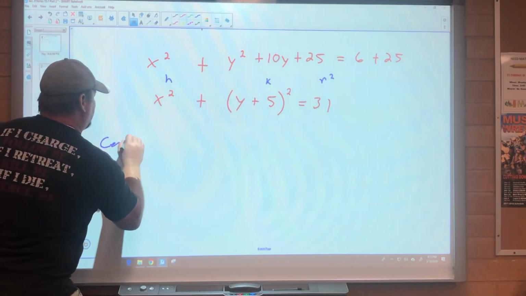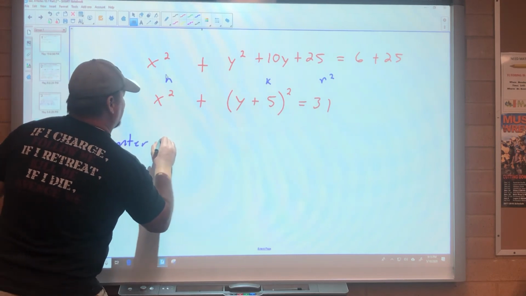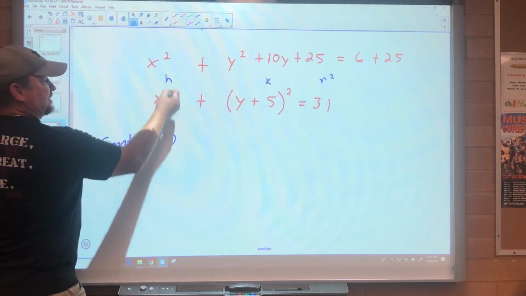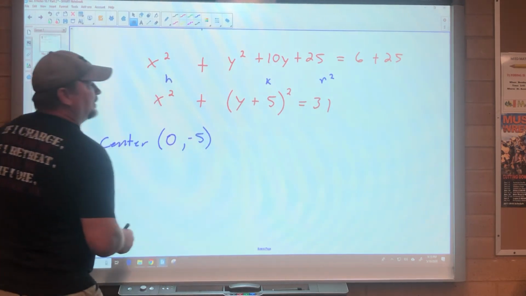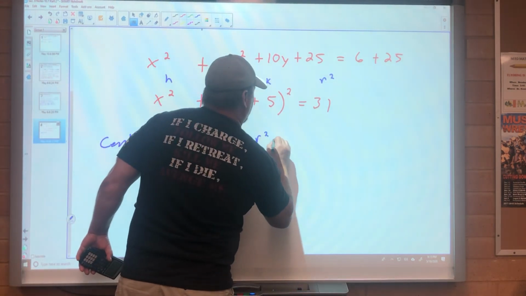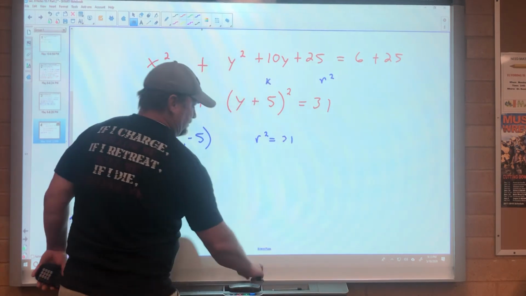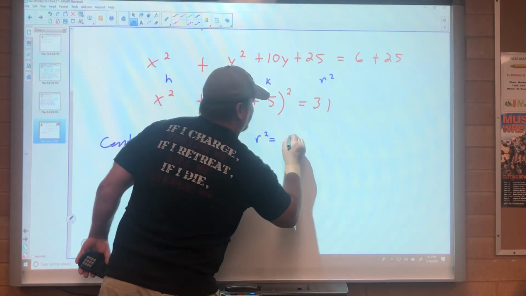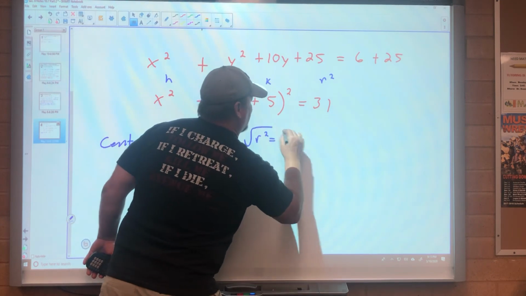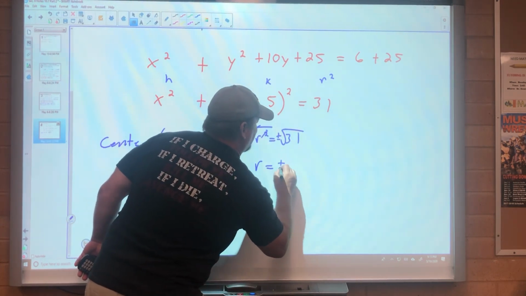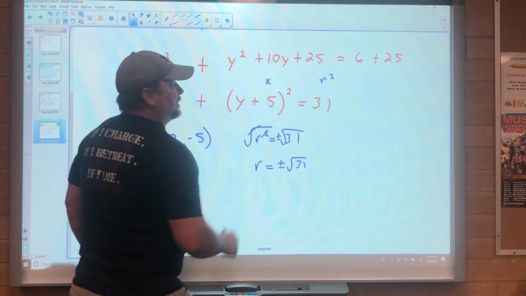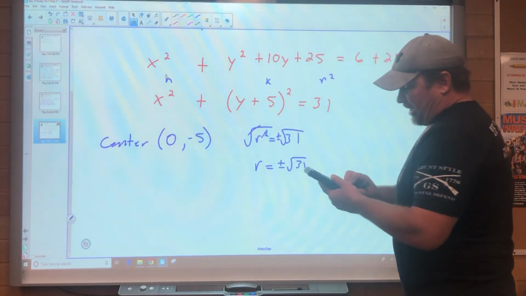So center is going to be 0, because there's nothing, comma, -5, and our radius squared equals 31. Write that just a little bit better for you. Square root, cancel, plus or minus. R equals plus or minus radical 31. And I'm going to leave it like that, but the approximate answer is